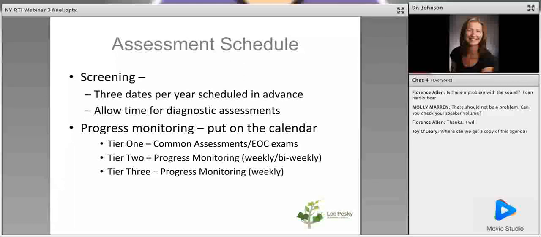Okay? For progress monitoring, most schools are pretty good about scheduling screening time. What they forget to do then is schedule the progress monitoring time. Like we've met with so many secondary teams who say, well, I'm going to try and progress monitor all my kids on Fridays, right? Well,